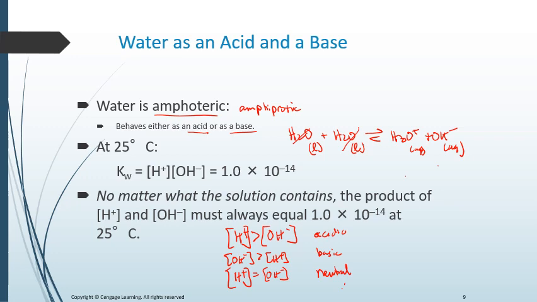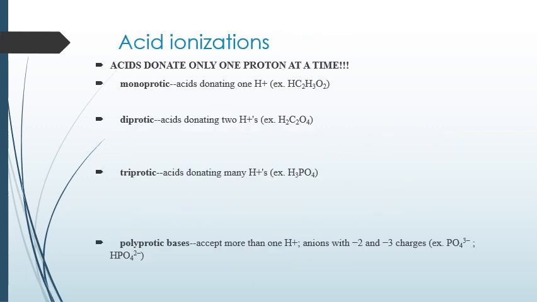The last thing that we're going to cover on this initial video is the ionization of different types of acids. So acids will only donate one hydrogen or one proton at a time. So we can classify them as being either monoprotic, diprotic, or triprotic. If I have a monoprotic acid, that is going to be an acid that donates only one hydrogen. So when we look at this first example, we have acetic acid,